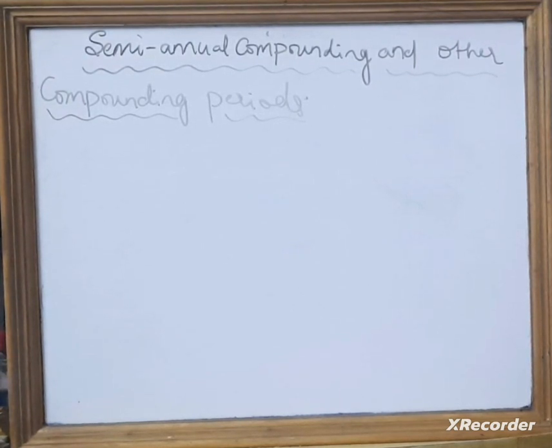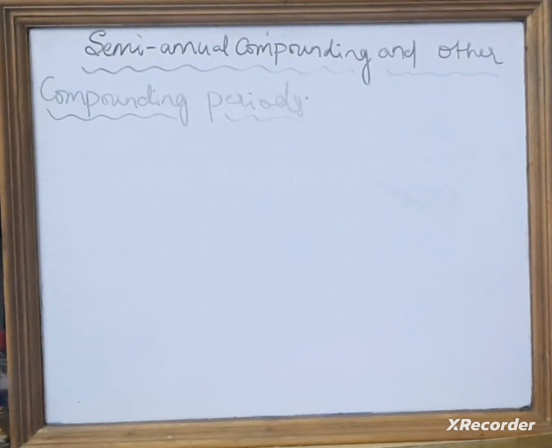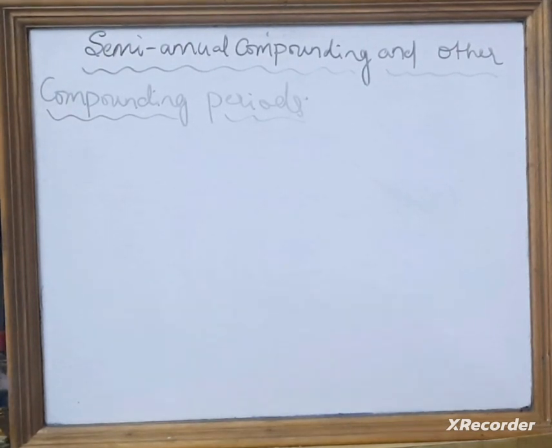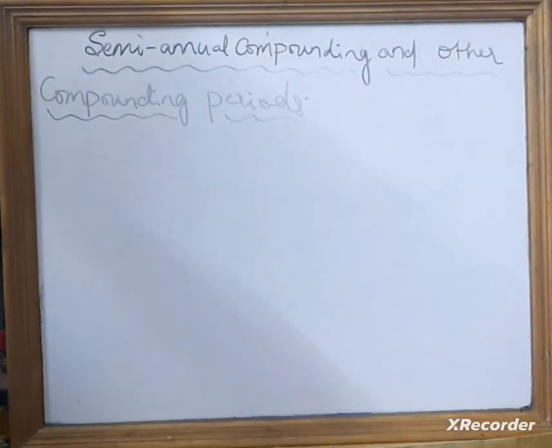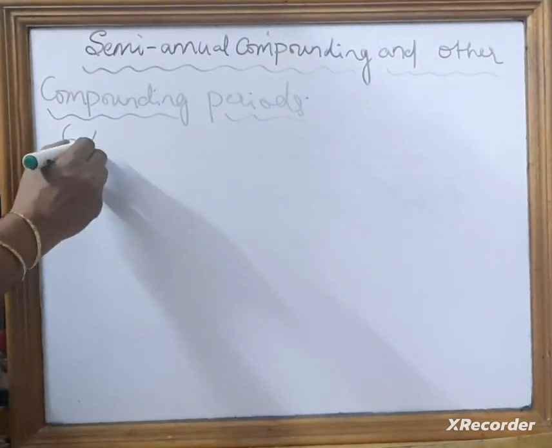So to start with, what is semi-annual compounding? It means that there are two compounding periods within 1 year. Interest is actually paid after every 6 months at a rate of one half of the annual rate of interest. Say for example, if the rate of interest annually is 6%,